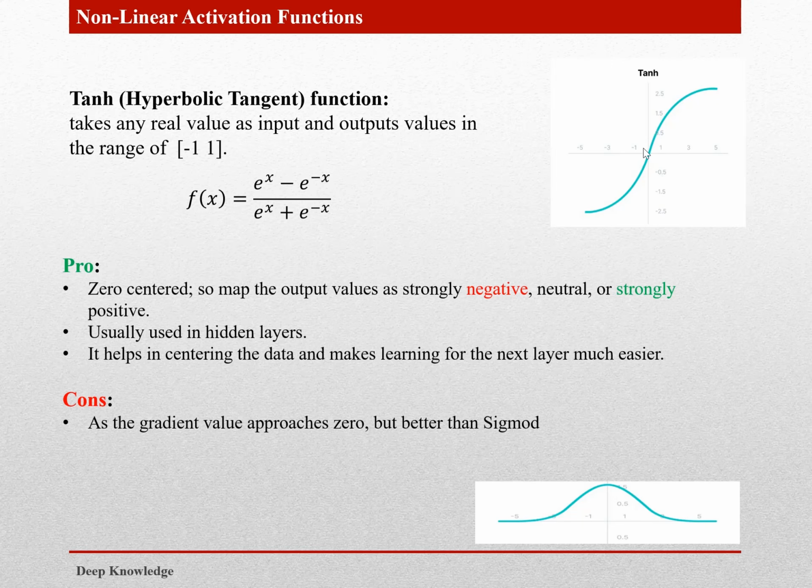It means if the output is, for example, positive, yeah, it's good. I mean, it's just an example. And if it's 0, it's natural, and if it's negative, it will be somehow negative feedback. Usually this activation function is used in hidden layers, not in the output layers. And the disadvantage is the same as sigmoid, but somehow this interval is larger than the sigmoid function.